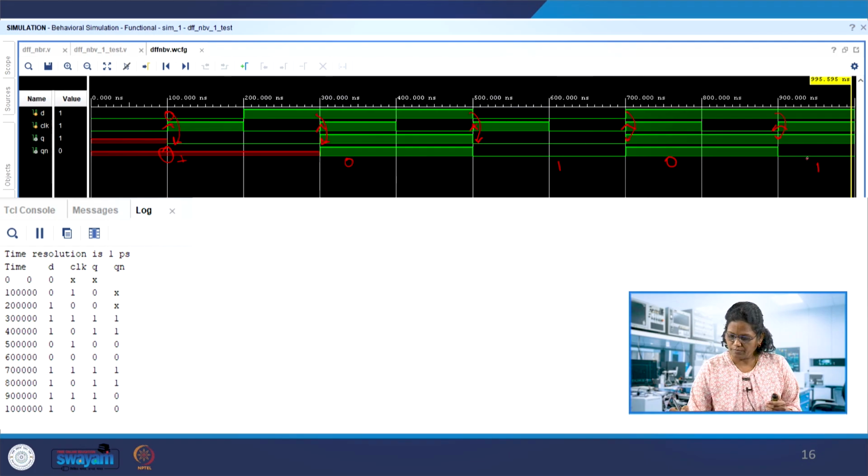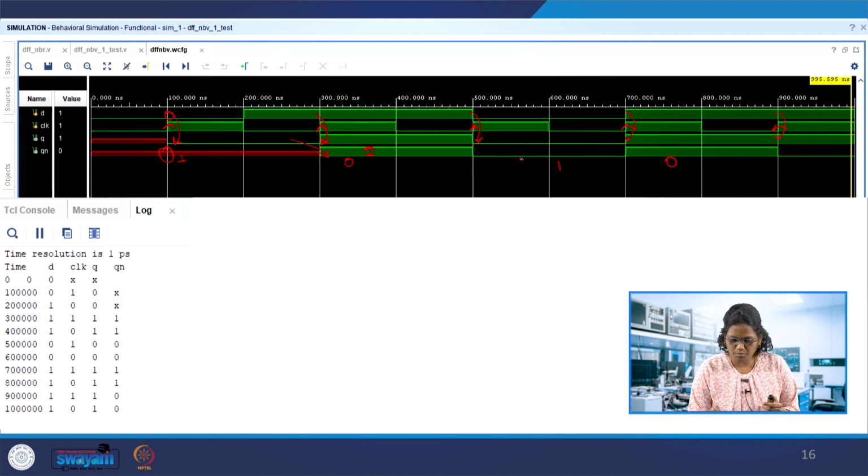So here it's fine. It is taking the previous Q, which is 0, making the tilde and giving 1 after it. You can observe this change.